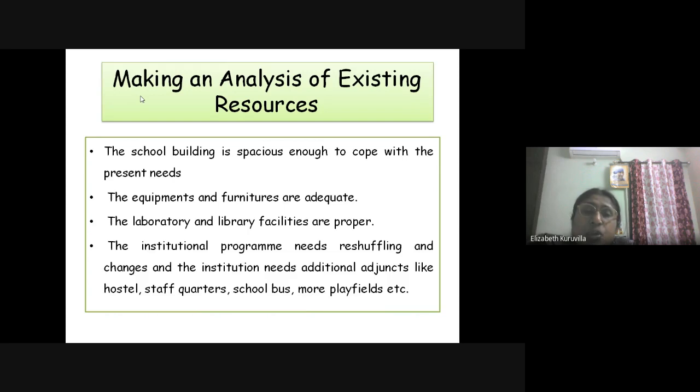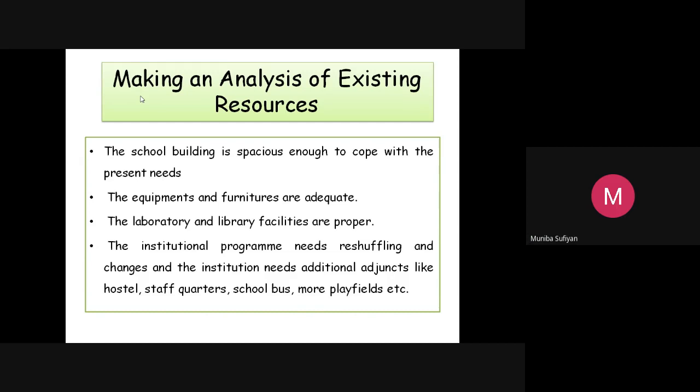Then Muniba, can you read these points? Yes, ma. Making an analysis of existing resources. 1. The school building is spacious enough to cope with the present needs. 2. The equipment and furnitures are adequate. 3. The laboratory and library facilities are proper.